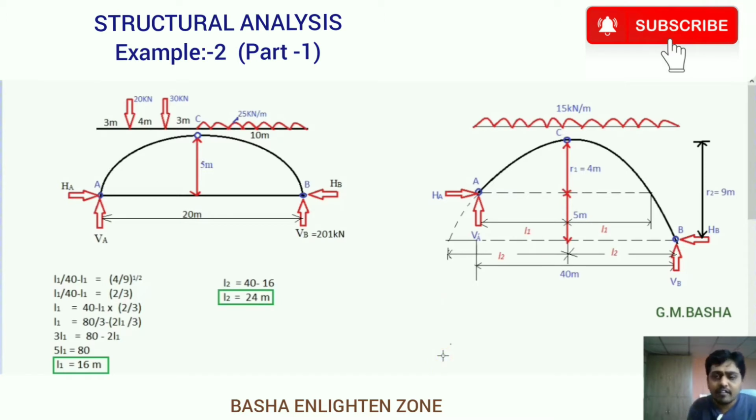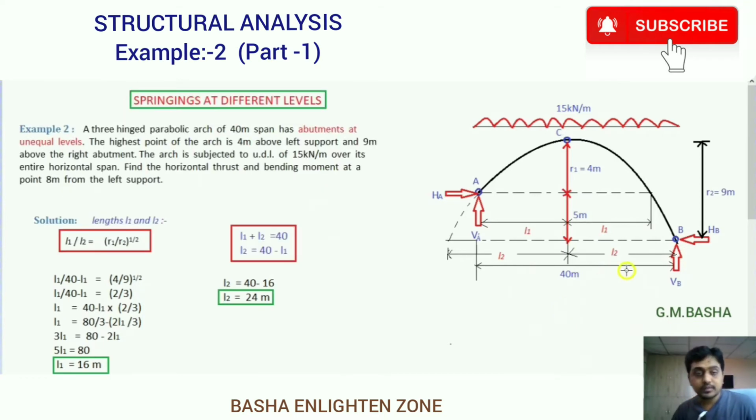Generally, where do we use this type of arch? While constructing arch bridges in mountain terrains, it will be necessary to bridge a gorge between a high-level mountain and a low-level mountain. In such cases, it is neither possible nor necessary to locate the springings at the same levels. At that time only we have to use this type of arch with springings at different levels. So first of all, see the example and then we will go for the relation.